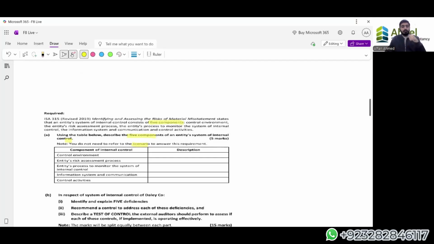Now, if the management has seen that there is a water leakage, they have called up the mechanics, and they have covered it up. They have rectified the problem. Now, are they checking again and again, on a weekly or monthly basis, that the leak has not opened up again or not? Are they, or are they not? If they are, that is good. That means they are vigilant about any potential misstatements or errors, or any kind of higher risk that can occur in the future. And if they are not, then we can see that they're not very active in nature.